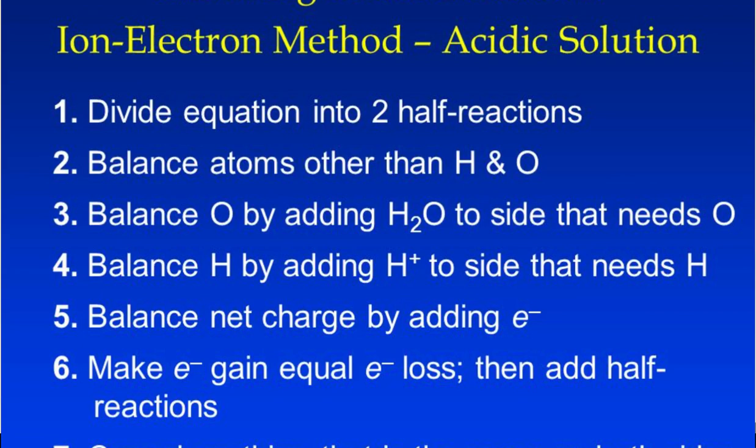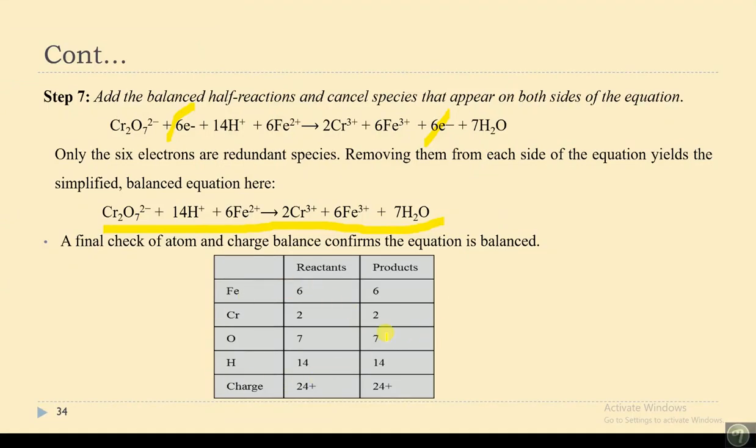Now it's balanced both in the number of atom and in terms of charge. በቻርጅ number of atom balance ሆኗል። iron 6 iron 6 here is also 6 chromium 2 oxygen 7 hydrogen 14 ቻርጁ በዚህ ሳይድ 24 ፕላስ በዚህ ሳይድ ብንደምረው ቻርጁ 24 so now this is balanced። እንግዲህ ሌላ ምሳሌ የሚሰጥ እንግዲህ ይሄ ስቴፕ ለሁሉም ይሰራል ማለት ነው። ማንጋኔት ቢሰጠን በተመሳሳይ ሁኔታ እዚህ ጋር የተሰጠነው ክሮሜት ነው። ማንጋኔት ቢሰጠን in acidic media similarly with this similar step balance ማድረግ መቻል አለብን ማለት ነው።